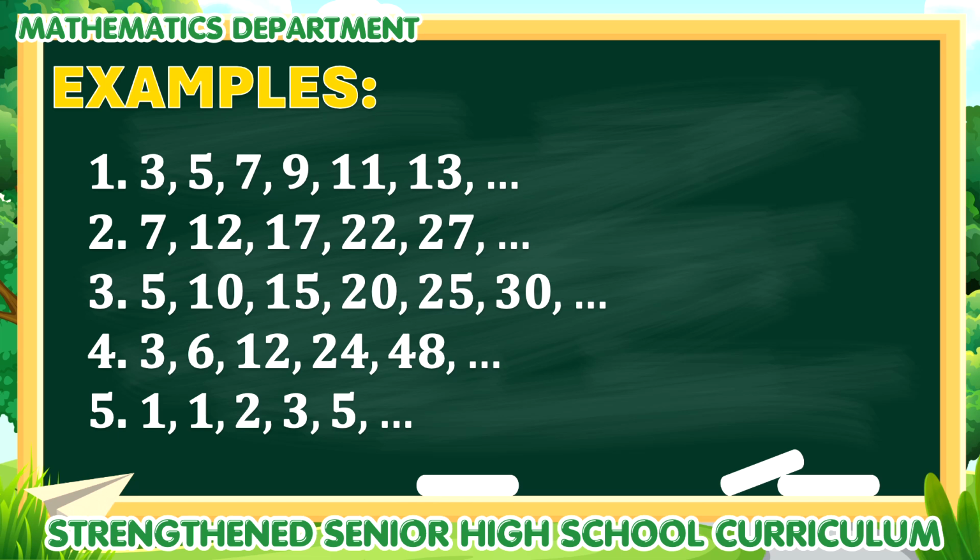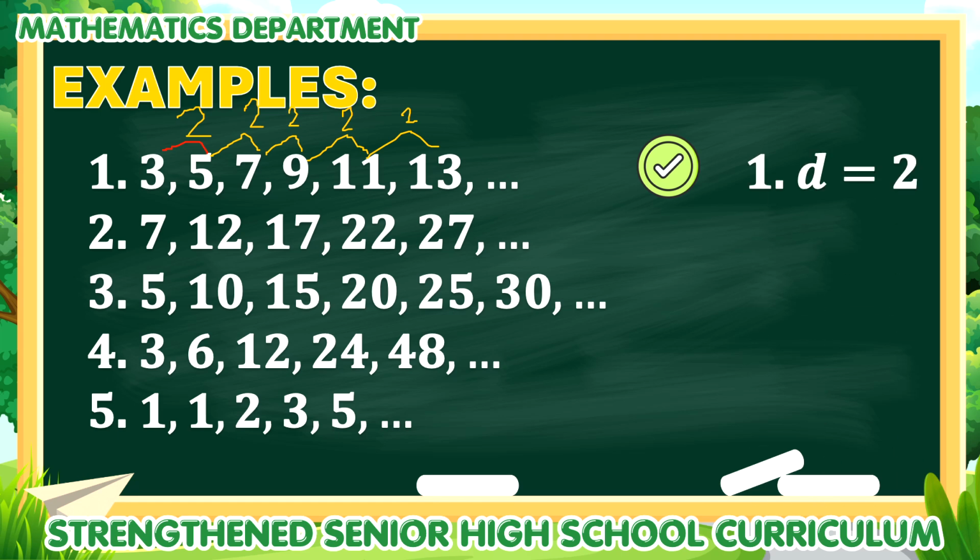If we take a look at the difference from the two consecutive terms, so for our second and first term, that is 5 minus 3, that gives us an answer which is 2. From our third and second term, 7 minus 5, that is equal to 2. From our fourth and third term, 9 minus 7, that is equal to 2. From our fifth and fourth term, that is 11 minus 9, this is 2. And then we have 13 minus 11, that gives us 2. So since we have a common difference here in the 2, we consider this one as an arithmetic sequence with a common difference of 2.